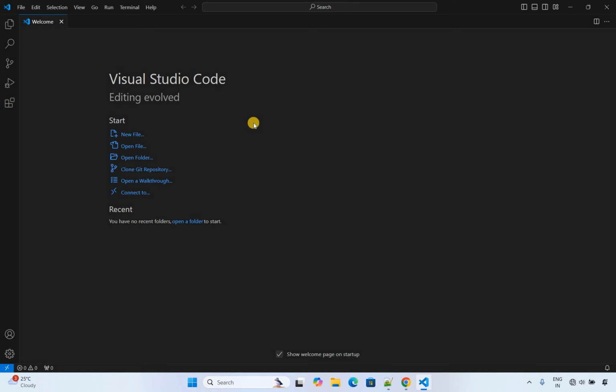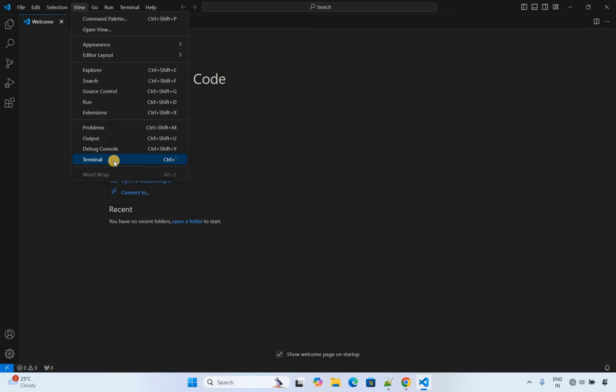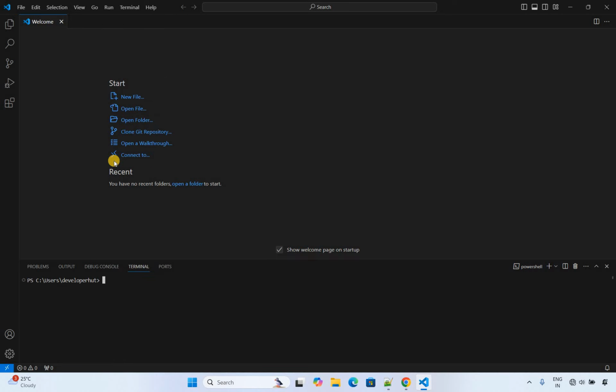Once both these things are installed, you can simply check whether Go is installed or not. You can go to the View menu, click on Terminal, and enter the command go version. You should see the version which you have installed on your machine. Once both these things are installed on your machine, then we are good to go to create our